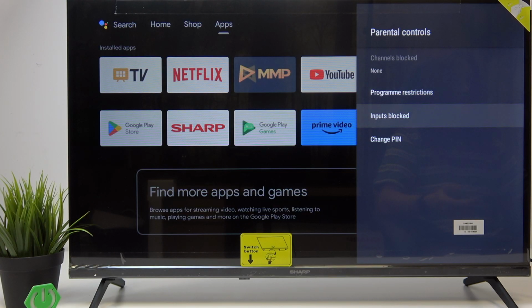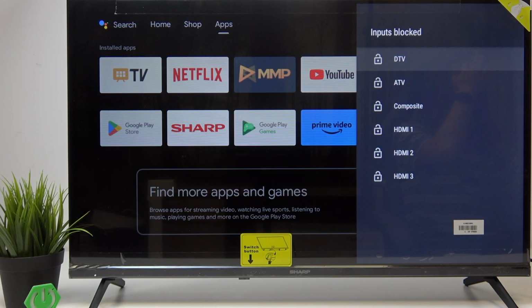But yeah, then you can also go to inputs blocked and block a certain input, like let's say HDMI 1. For example, I have a PlayStation plugged into HDMI 1 and I just don't want someone to use the PlayStation input, so I can block it, and then if I want to use it, I can just enter the PIN and use it. But if someone else wants to use it and they don't know the PIN, they won't be able